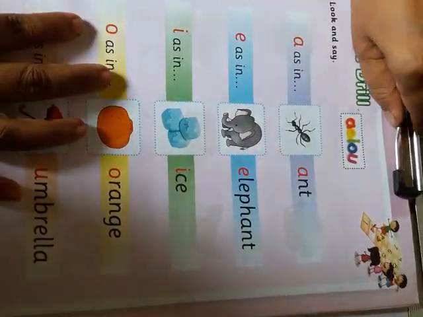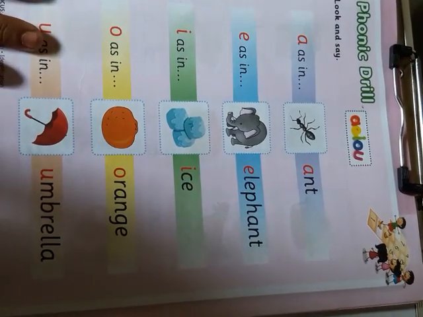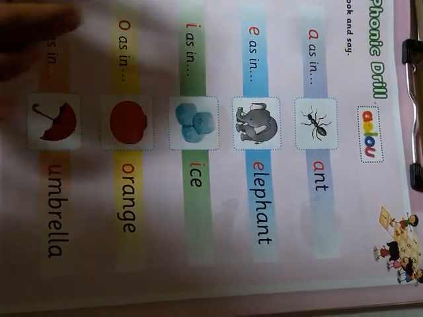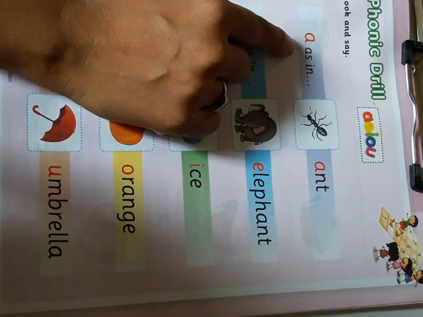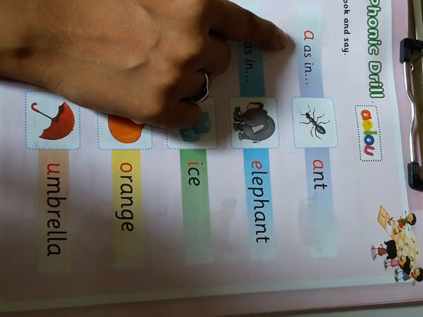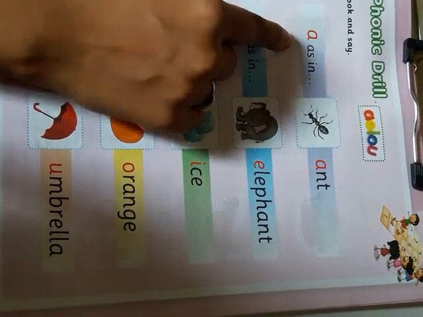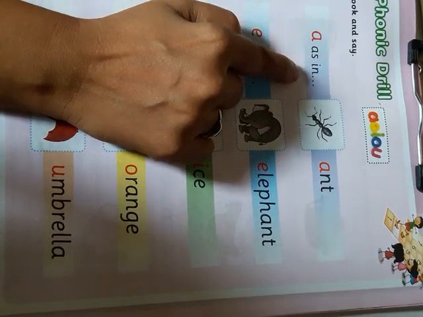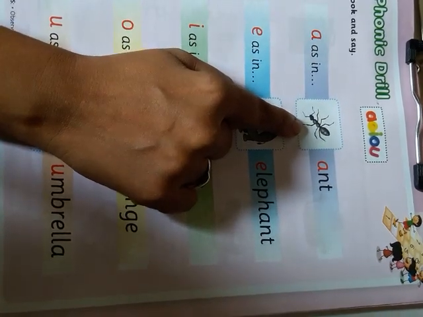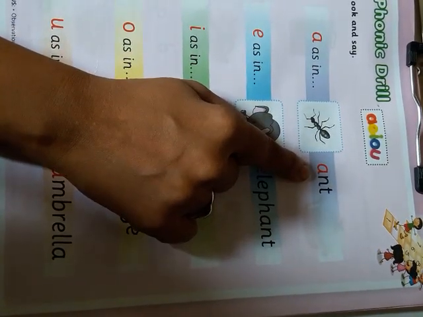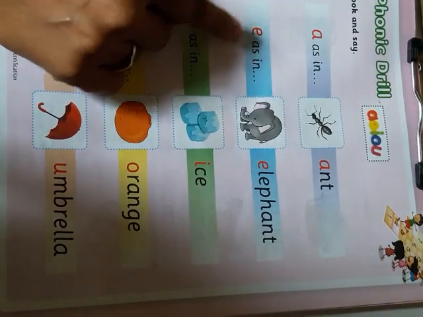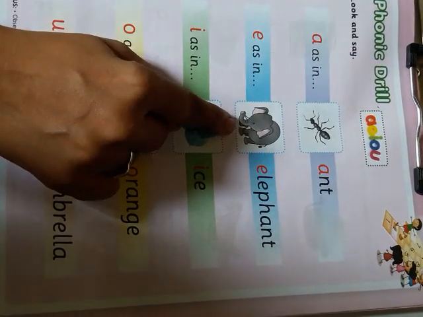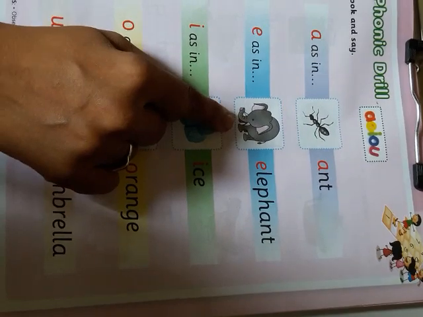Now we are going to read some more pictures where we have short and long vowel both. Now look here and say after me. A as in ant, ant. E as in elephant, elephant.